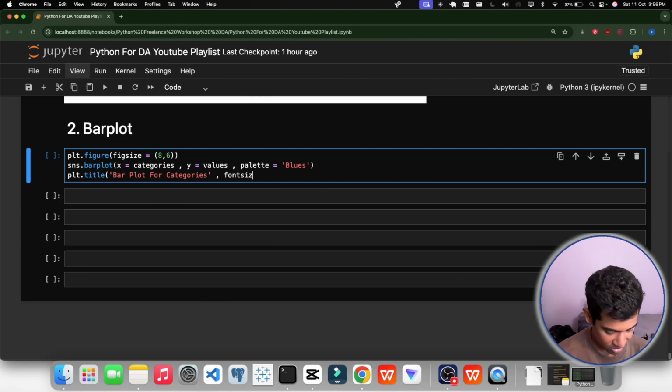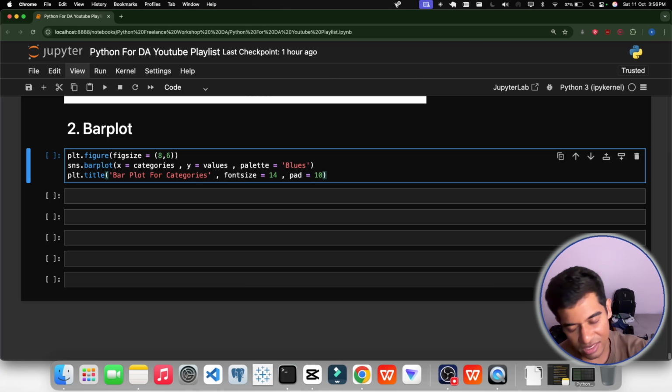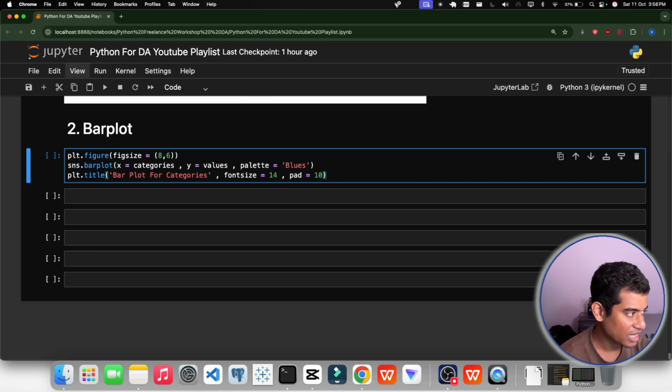Earlier we gave 14 font size, we will give the same here, and padding equal to 10. What is the use of padding? Padding is the space given for the title, like up, down, side, and all. Font size 14, and bar plot for categories.